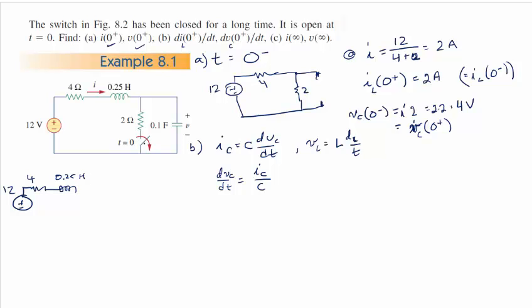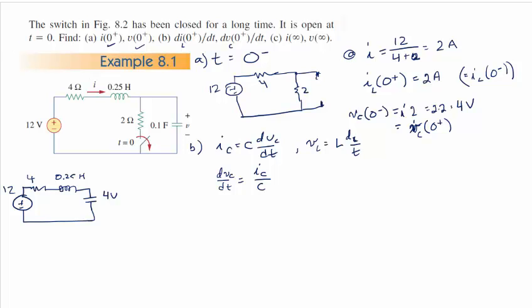The instant the switch opens, we no longer have this 2 ohm resistor here because that switch is open. And then we have a capacitor right here that has an initial charge on it of 4 volts right there. So the question is, can we find I in this loop? And yes, we can. It's the I that we just found up here. So that's the current that we have.